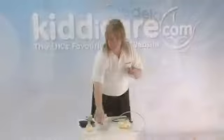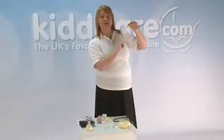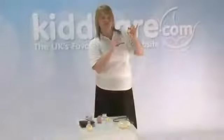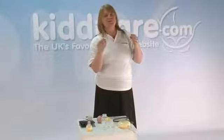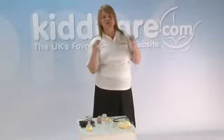So remove the bottle, the breast shield, and then you'll notice there's a yellow valve with a white membrane. That just pulls off the main part of the breast pump. On the yellow valve you have a white membrane. That needs to be, again, just pulled off there because we need to make sure that we're cleaning effectively all these little holes here in the yellow valve. Breast milk's quite fatty, so we just need to make sure all the fat and any residue of the breast milk is removed in thorough cleaning in hot soapy water. You can sterilise in your usual manner at home, whether that be steam electric, steam microwave, it's your choice and